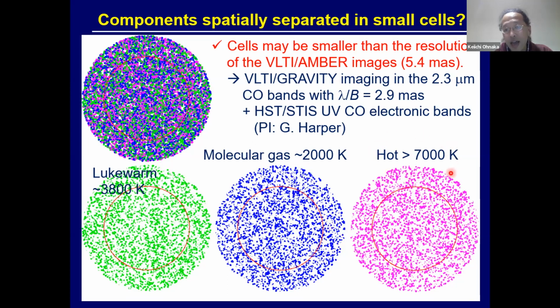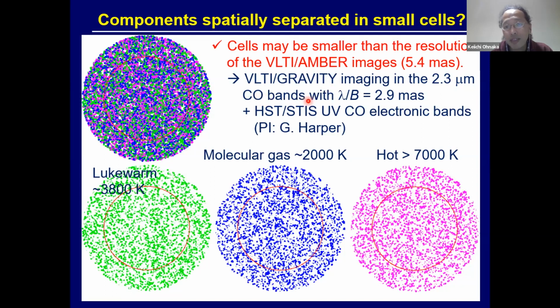and also the hot chromospheric gas. So if we see them together like this, all the components have the same global, say, scale. But if we take a look at the smaller scale, then we might be able to see inhomogeneities. So to prove or disprove this idea, we have a GRAVITY imaging program for Antares approved